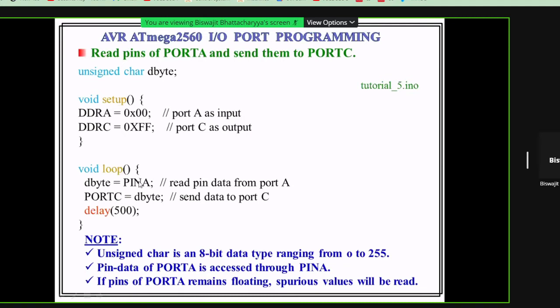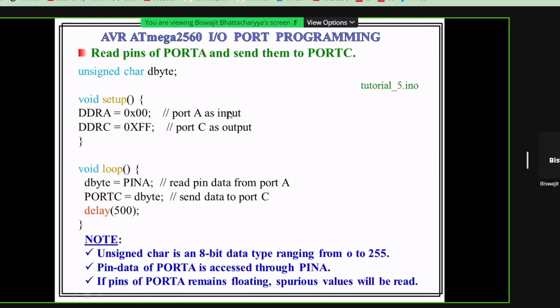We have to write pin A to receive input data. So the input data is stored in pin A, and that goes to our temporary variable, an unsigned temporary variable in the span of 0 to 255. So that data now goes to port C. It's better to write them in separate lines. In a single line also they could be written. You could write port C equal to pin A. You can write, but sometimes you may miss one data. It is because of pipelining or parallel processing.